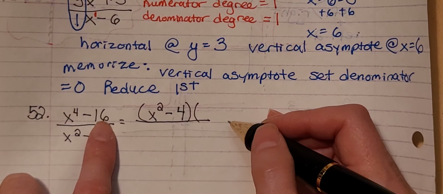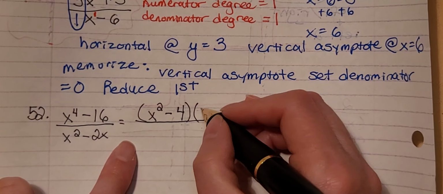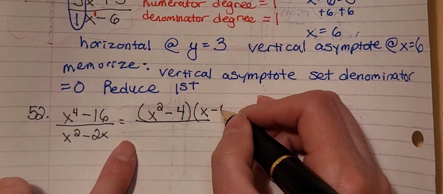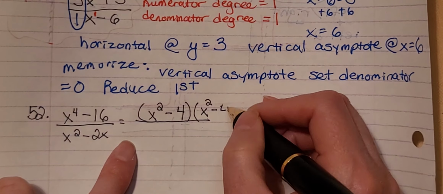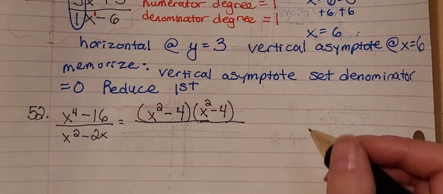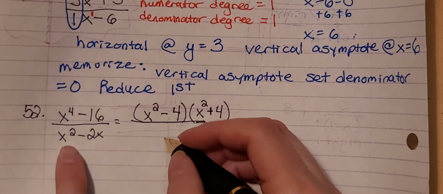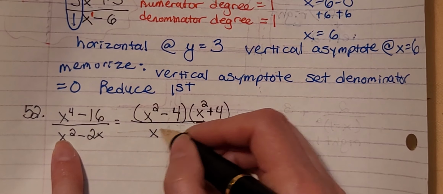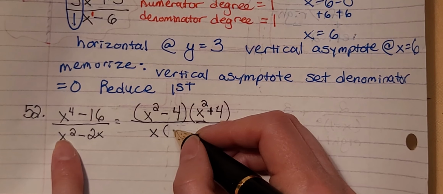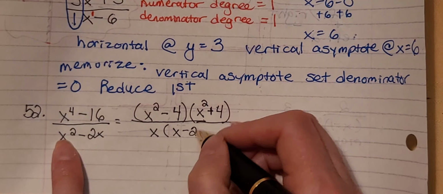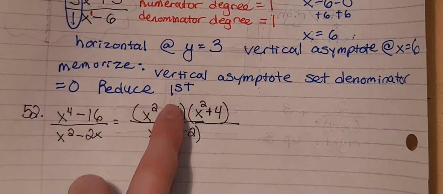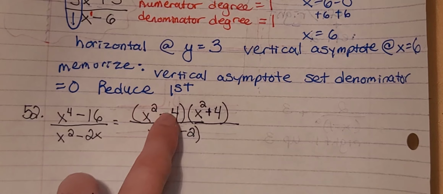Okay, you're going to do the same thing. One gets a plus and one gets a minus. All right, we are not done working this out. So then we need to do the denominator. So I'm going to have an x here, and then we can factor out an x. Minus 2 is left over. All right, if you look at the numerator up here,